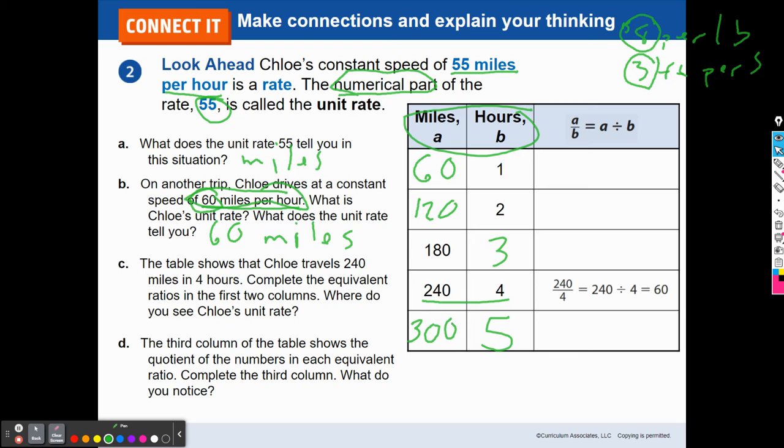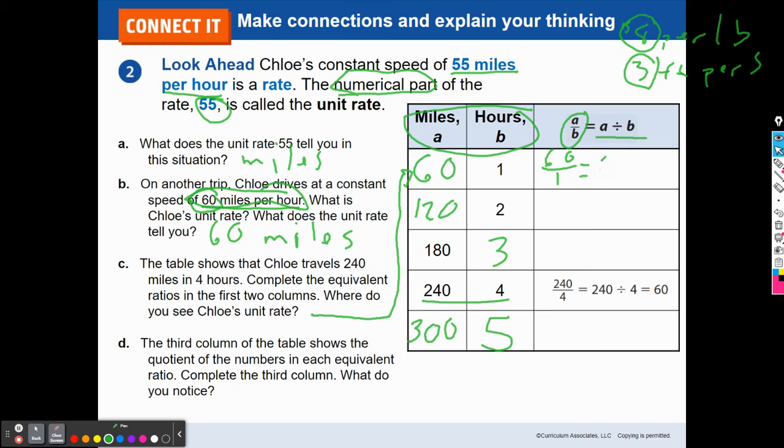All right. So we see Chloe's unit rate right there. Unit rate is 60. The third column of the table shows the quotient of the numbers in each equivalent ratio. Complete the third column. What do you notice? Okay, so we have A over B. That's the same thing as A divided by B. That's what that's saying. Okay, so if we write this 60 to 1,